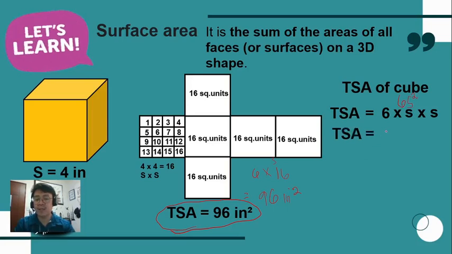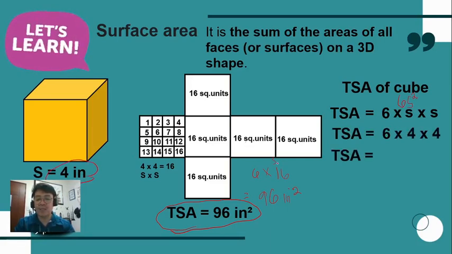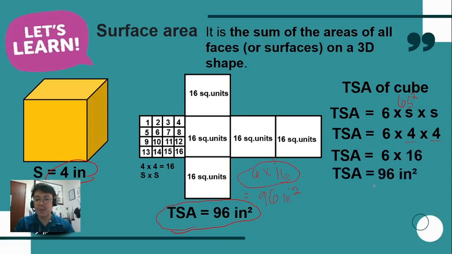So 6, where s is equal to 4 inches, times 4 times 4. So TSA is 6 times 4 times 4. 4 times 4 is equal to 16. Therefore, 6 times 16 is equal to 96 square inches. So that's it. This will be the total surface area of the box that